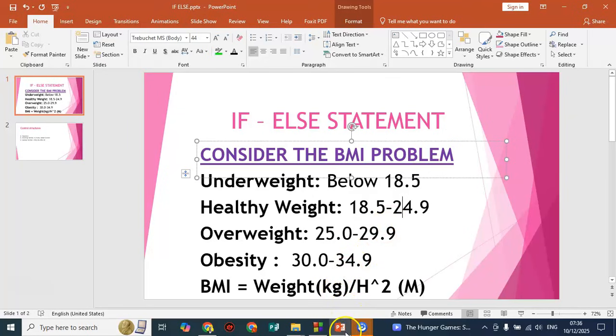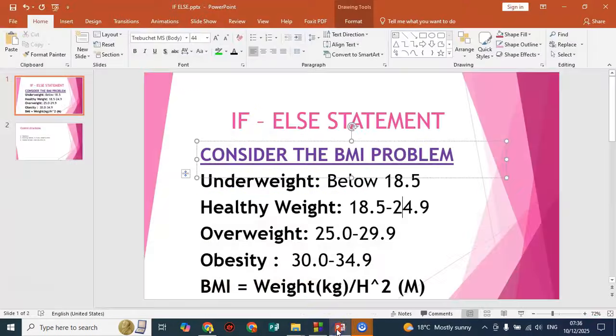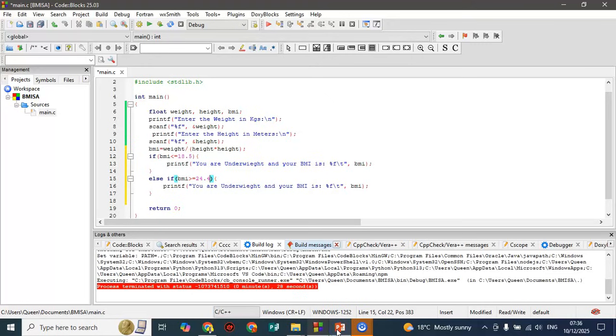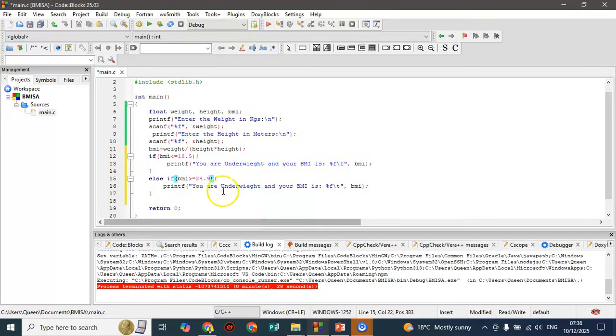So let's say if the BMI is less than, we want to see whether it's able to remember what you already have. If your BMI is less, have normal